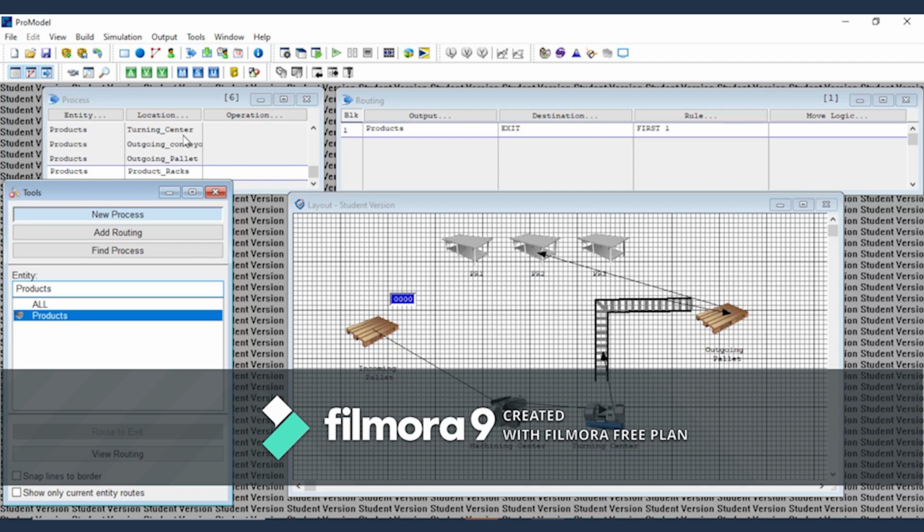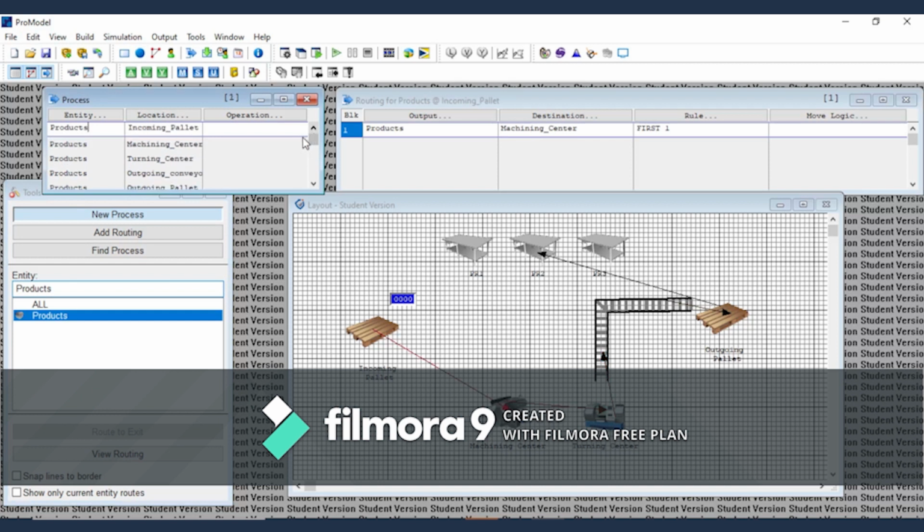Okay, next we need to set the operation, which is from the incoming palette. We will do that later. Then the operation from the machine center, you have to write with, because the machining center reads the product from the incoming palette, right? So you have to write with 12.8